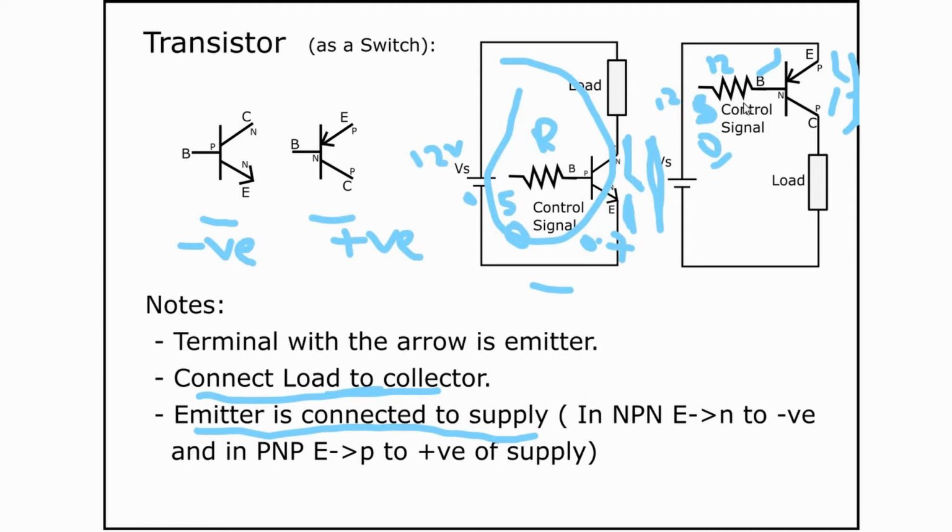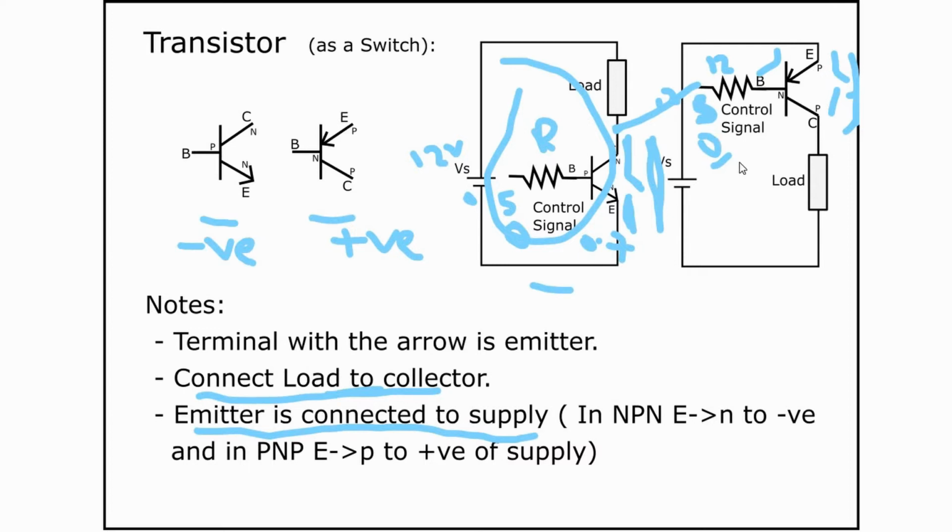Most microcontrollers and digital ICs give a 0 or 5 volt output, so in this case we cannot directly use a PNP transistor. What we have to use is an NPN transistor to shift the level from 5 to 12 volts, and if you connect it to this one, we will be able to turn a PNP transistor on and off. So in a case where you have to switch the positive line, you first use an NPN transistor to shift the level from 5 volts to 12 volts, and using this 12 volt or 0 volt supply, you drive the base of a PNP transistor to perform the switching operation.